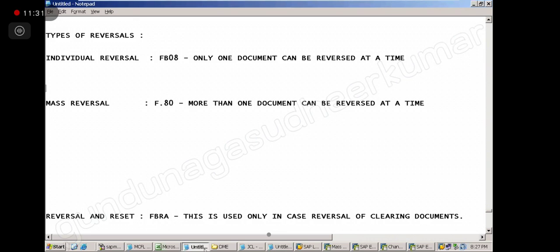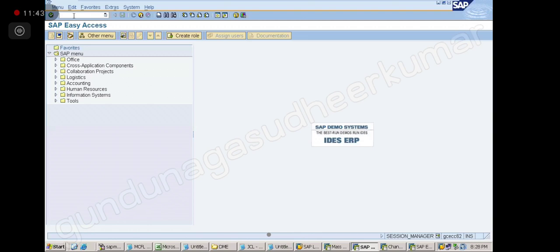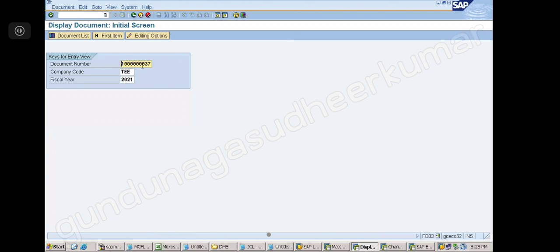Sir, one doubt. If it is SB03, can't we change the date? You try it. Can we change the date? No, sir. The only question you have to ask is whether it is going to affect our accounts or not. If I change the date, will it affect my account? Yes, definitely it will affect. Something that should come in the last period may come in this period now. Big effect.